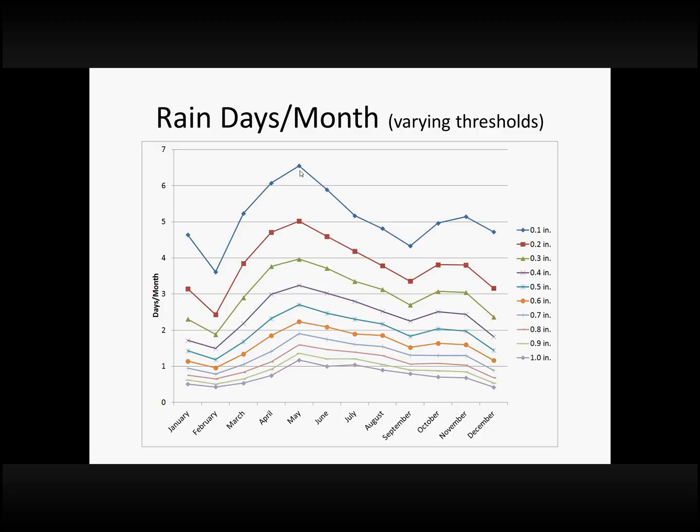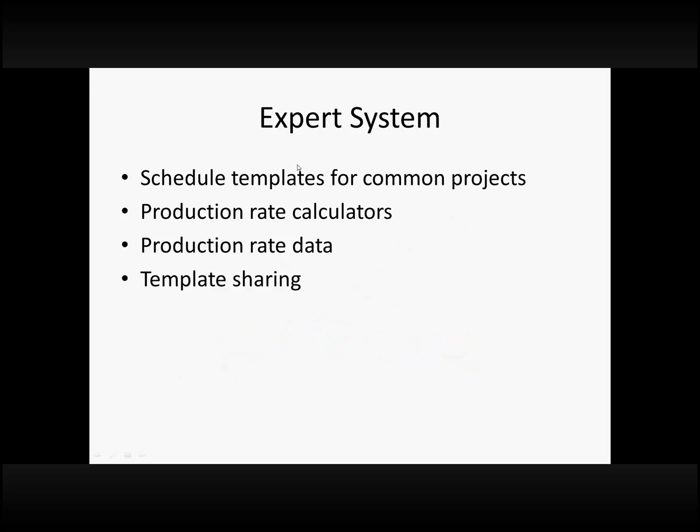And I believe that some other states also use the same parameter if it rains more than 1/10 of an inch. Of course, sometimes 1/10 of an inch of rain for some things won't be as critical as others, but that ends up being a fairly good threshold value to look at for determining how many rain days you would have per month. So in the expert system, we tried to take this information about weather and rain, and then also temperature